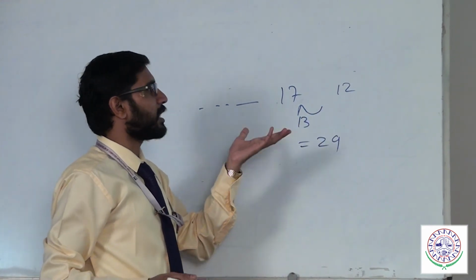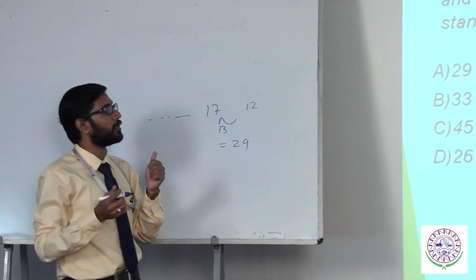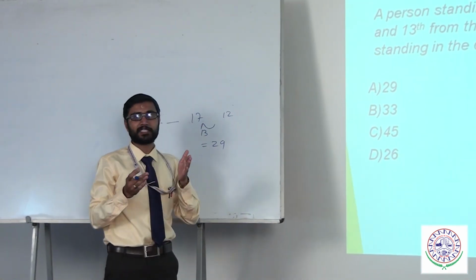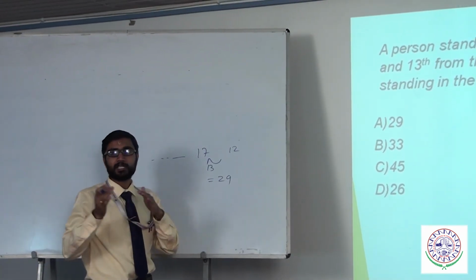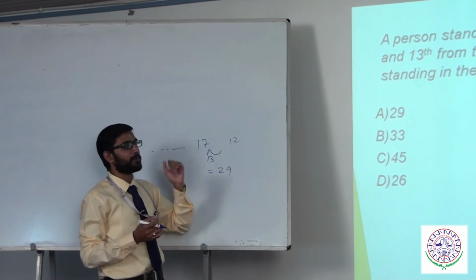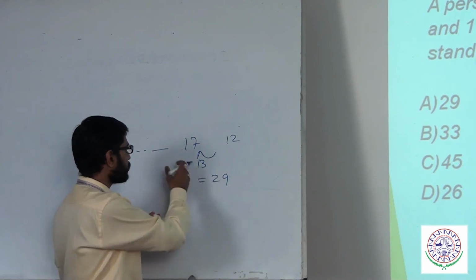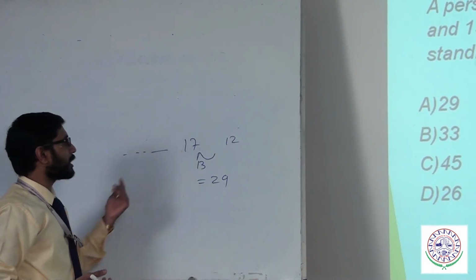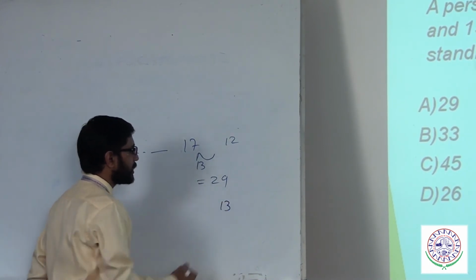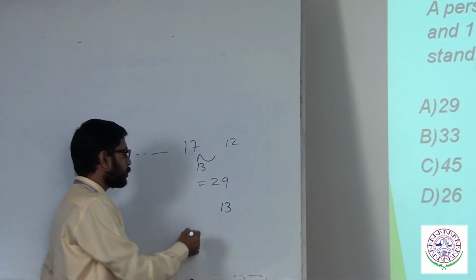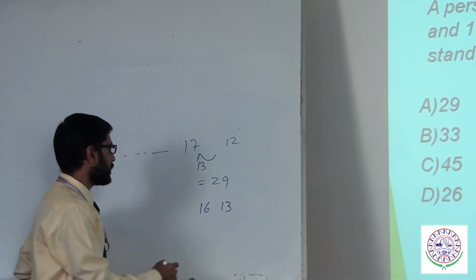Otherwise, they may say there are students standing in the row, or it can be based on a student's rank, like 20th from the first in a class of 50 and 13th from the last. Like this the question will be asked. So you need to calculate it from one side. Either you calculate from this side or from the other side. If you consider it as 13 from this side, you need to take it as 16 from the other side.